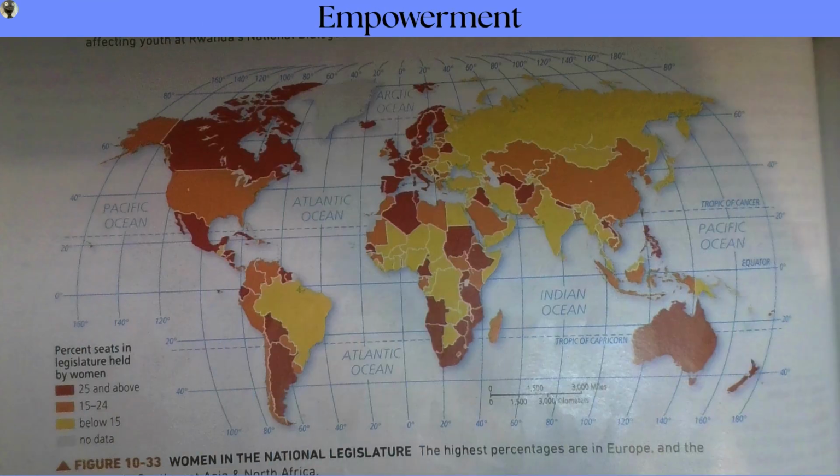Empowerment is the ability to seek improvements in one's status through political or economic power. This map here shows the amount of women in legislature. Quite a few different regions have very few women in legislature, like parts of Sub-Saharan Africa and most of Asia and East Europe. Here we can see that Europe and North America tend to have the most women in legislature. Empowerment also reflects the differences of genders in high school, as seen on the next map.